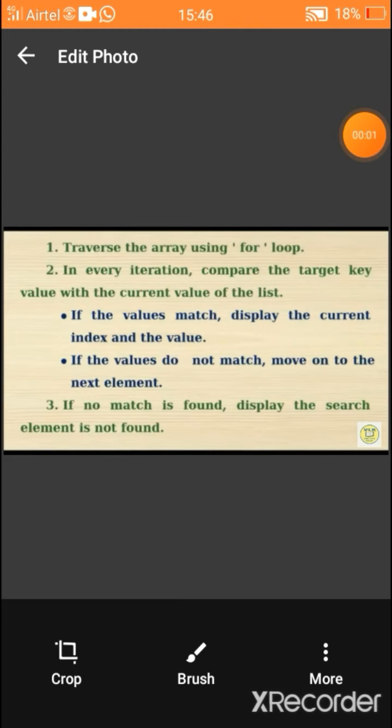This is the pseudocode for linear search. When we are going to search an element using linear search, we have to follow these steps. So how is an element searched in the linear search technique? These steps are given in pseudocode form.